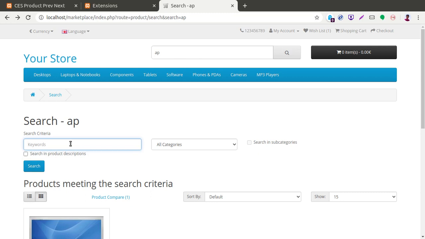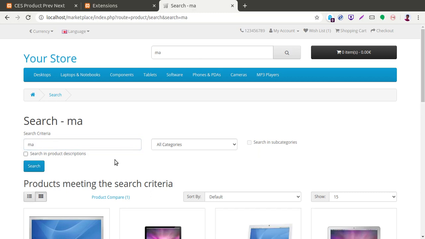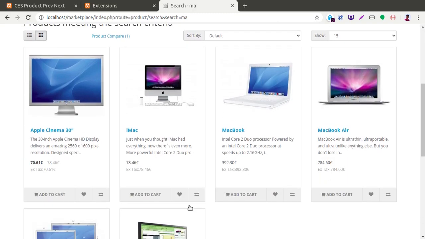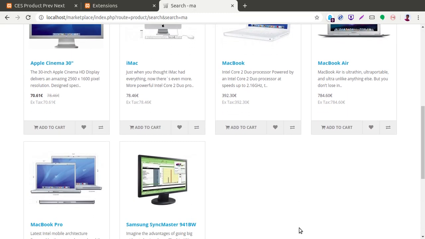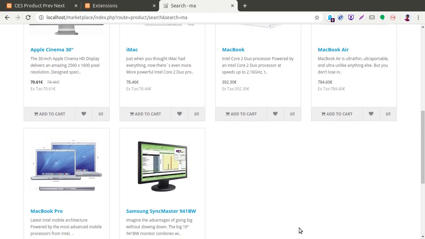Quickly, let's search Mac again. Here you can see 6 products with this search. So I will quickly jump to MacBook Air. The next products are MacBook Pro and Samsung SyncMaster.